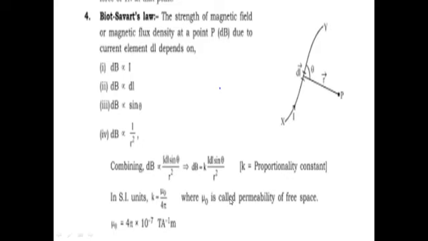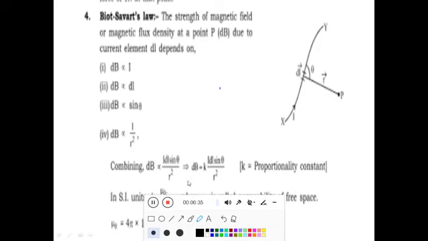Now mu naught means permeability of free space. Like in electrostatics there was epsilon naught, that was permittivity of free space. So here mu naught is permeability of free space, and its value is 4 pi multiplied by 10 to the power minus 7 Tesla ampere inverse meter. So the mathematical form of Biot-Savart's law would be dB is equal to mu naught by 4 pi